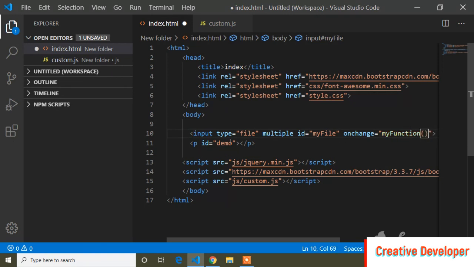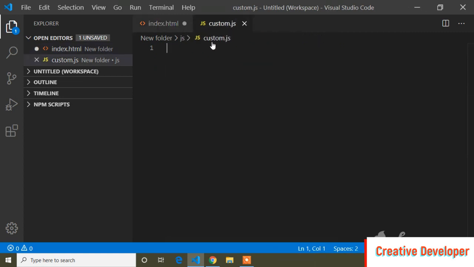And the image name I will show in this id. I will copy this and go to the custom.js file, and paste it here with curly braces. So you can write it this way, function and the function name, or otherwise you can write it like ECMAScript 6, the arrow function, so equals and then arrow. This is the syntax of the arrow function, supported in ECMAScript 6, that means JavaScript 6.